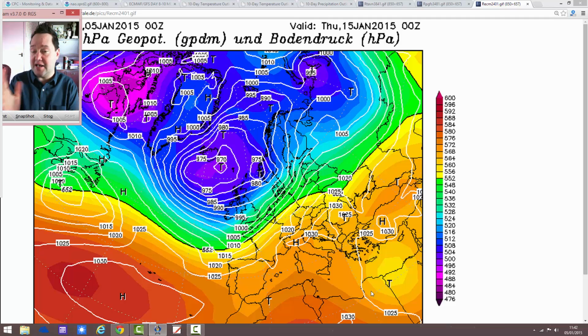The GFS is seeing it could turn colder, but it's not as dramatic as was the case on yesterday's update. Nevertheless, I think something is still going to happen in the second half of the month. I think it will turn colder. It may just be a very frosty cold spell with high pressure sitting over the country as opposed to really bitterly cold, opening the floodgates to northerly and easterly winds. But it's a long way off all this. We're talking about ultra long range periods really. So let's wait and see what happens in the shorter term.